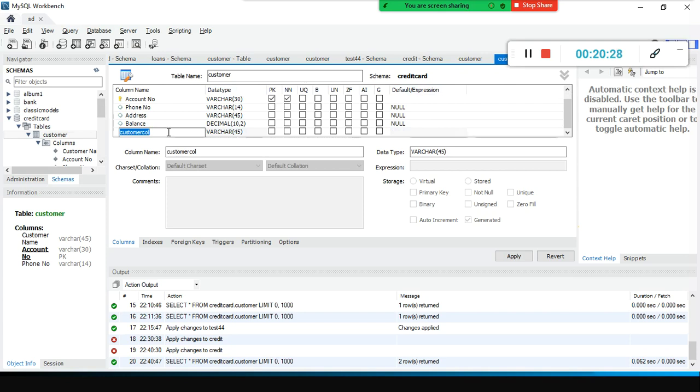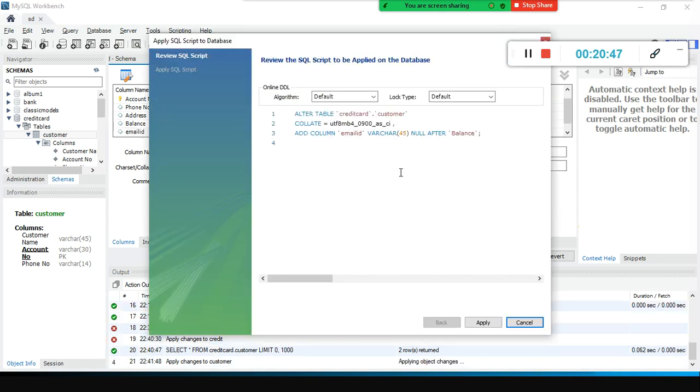If you want to add any, see here, look here, the account number space is there, right? So when you do it in the MySQL Workbench, you can leave space. It takes care automatically. Why does it take care automatically? Very simple thing. Look here, email ID, right?